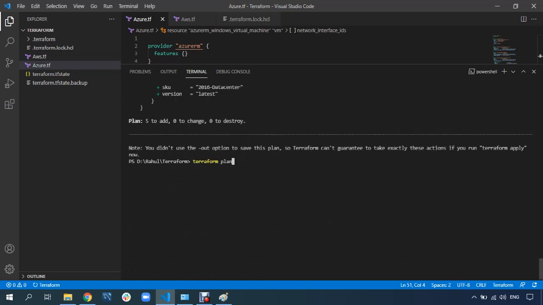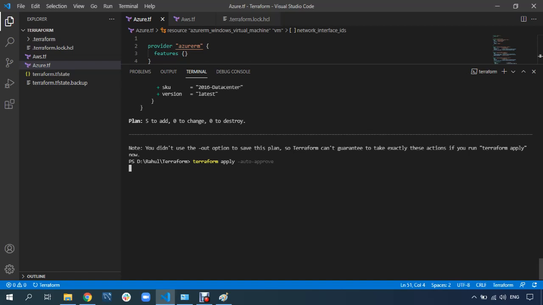Now if you want to apply this, you will do Terraform apply. But when you run Terraform apply, you have seen every time it asks, do you really want to continue or create that resource? You'll put yes. I don't want that to happen, so I'll put auto approve. If you use this flag, it won't ask you again and again whether you want to create this resource, giving yes or no the second time. It will not ask you anything, it will directly create the resources.